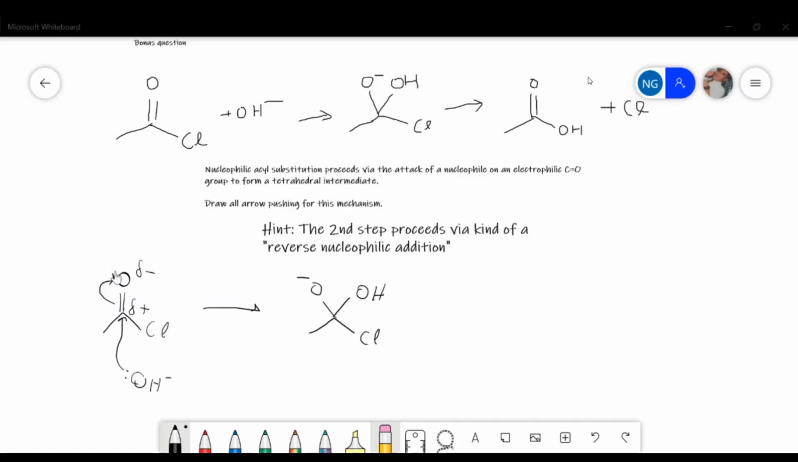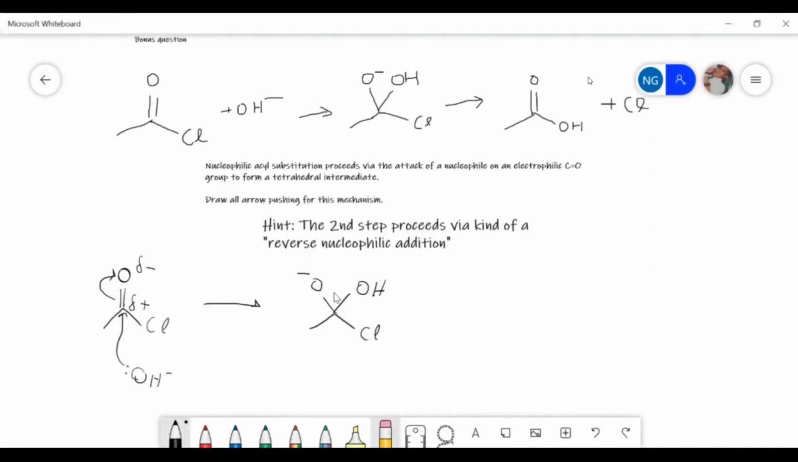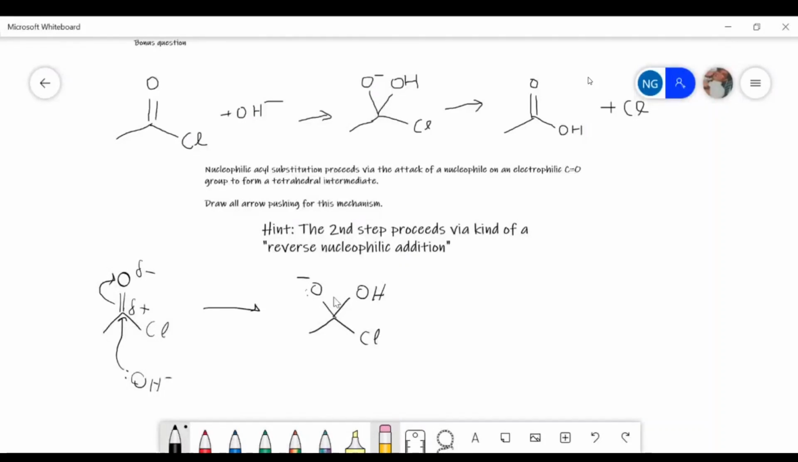Correct. Good job. You guys, both of you get it. So that's fantastic. So let's just draw it out. So like they mentioned, right? So you draw the lone pair